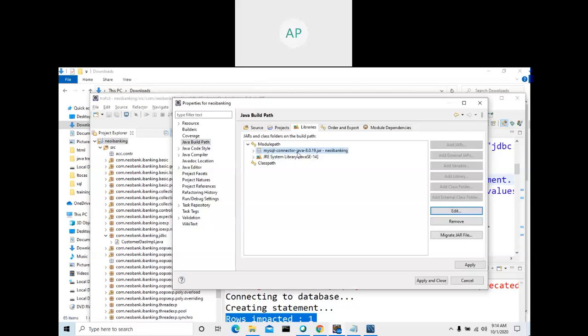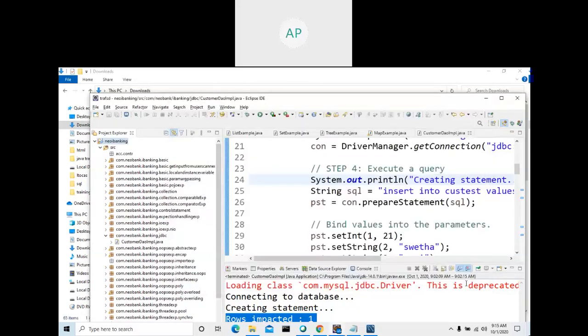And here it shows all the projects. In this project, you pasted that, right? See, double click this one and click apply and close. It should appear here. Then only it will work. Add jar. We are using Java 14, and in my Eclipse, you are moving your driver to the class path. Whereas before, in the beginning of Java, we did it using the command prompt. Now here you are doing this in the Eclipse tool.